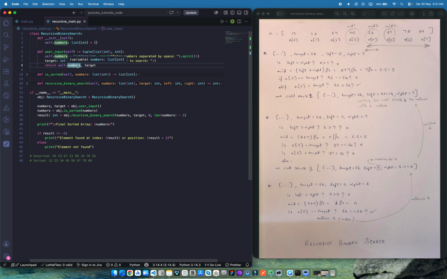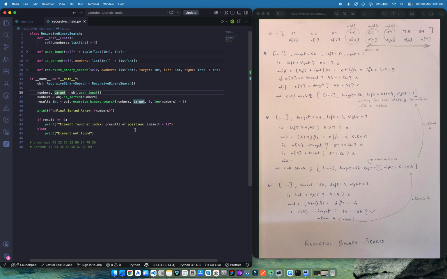Which is going to be numbers, and the tuple is also going to have an integer, which is going to be the target. So that we're going to store in numbers and target. Thereafter, we have called the isSorted method using the object, and we have passed the numbers list that we receive